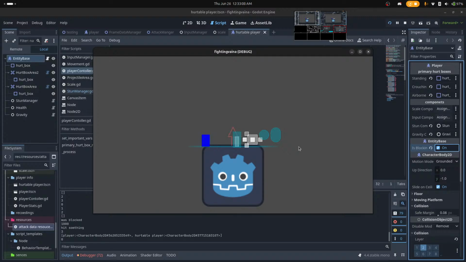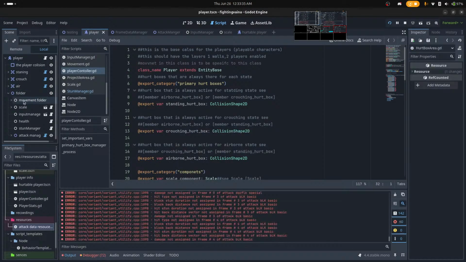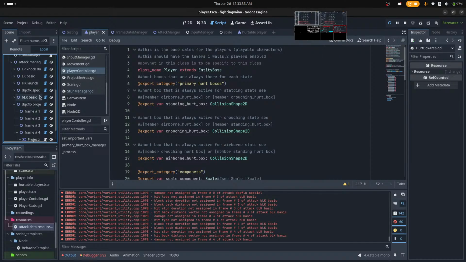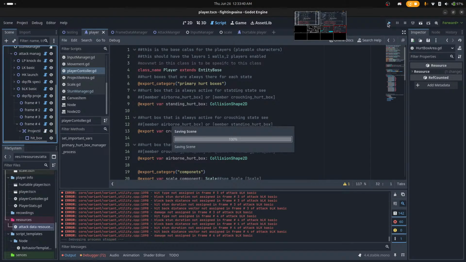Whatever it is. What are my attacks? Kick, punch, other kick, or you want to use this like back heavy kick or back light kick? What is it? Back? Back what? Back light kick.